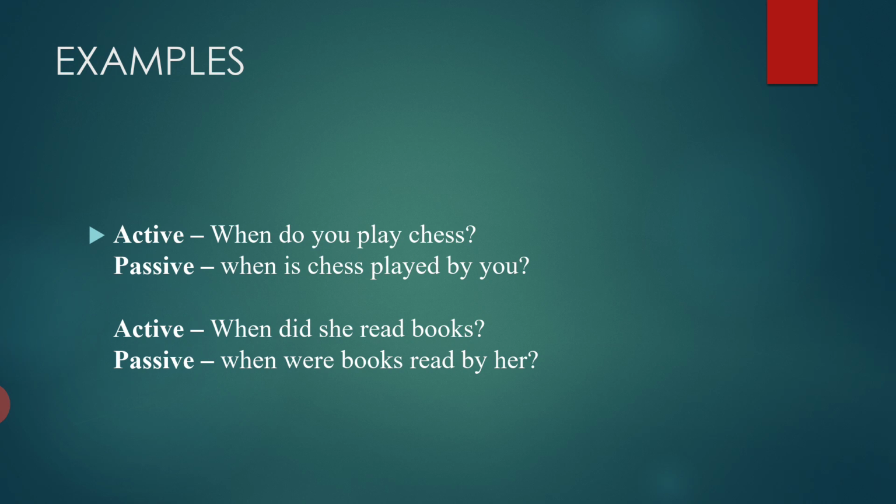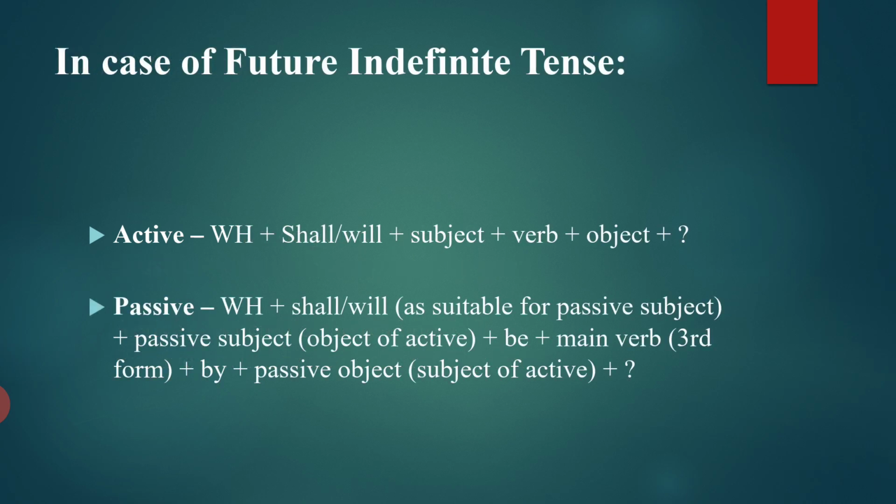from simple tense, so we use am, is, are according to our object. In the second sentence, did is used because it suggests past tense, and according to that, books is plural, so we use were. When were books read by her? Now in case